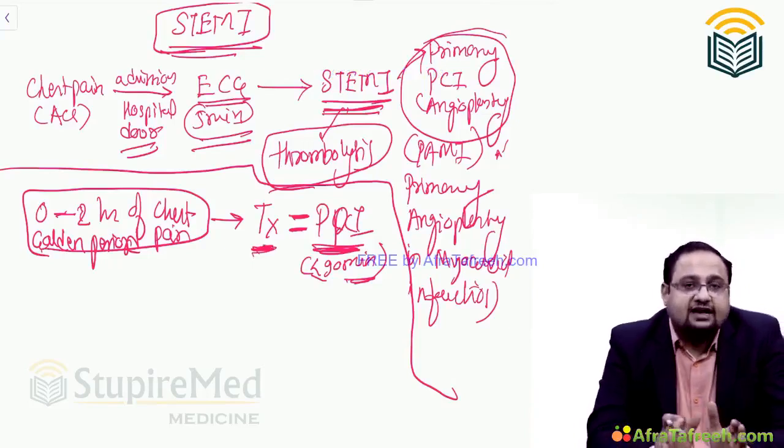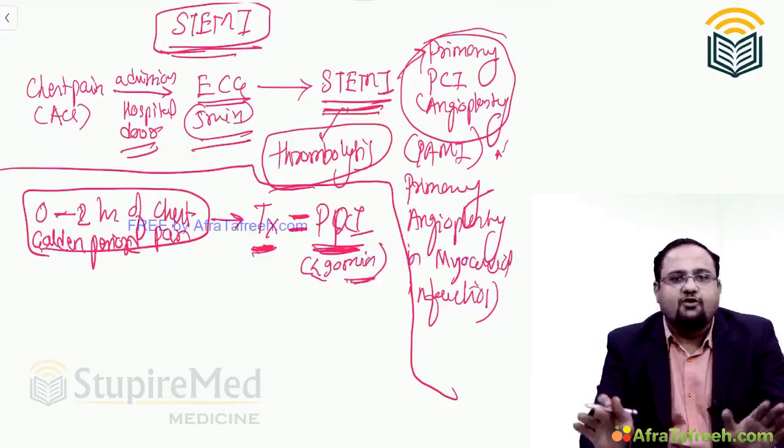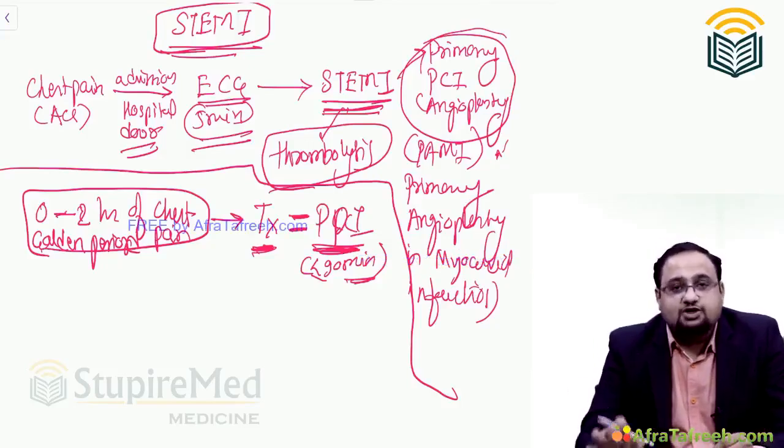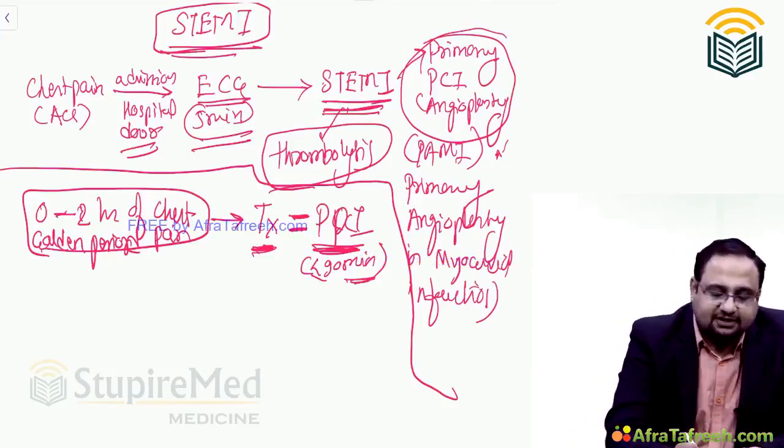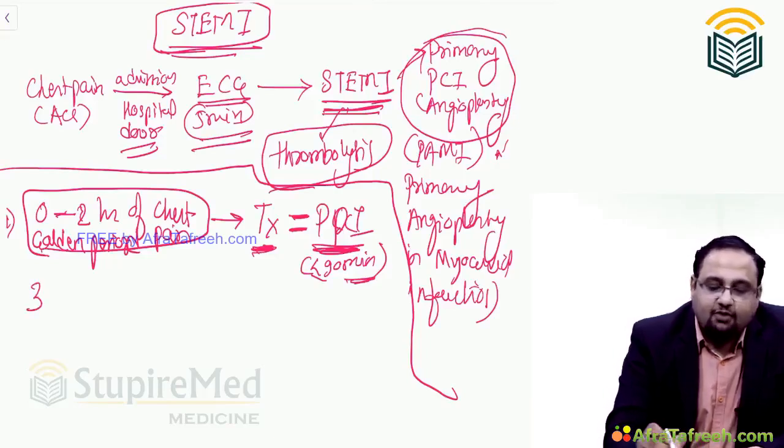So in the first 2 hours, that is the golden period, thrombolysis is almost equivalent to primary angioplasty. However, if the patient comes anywhere between more than 2 hours